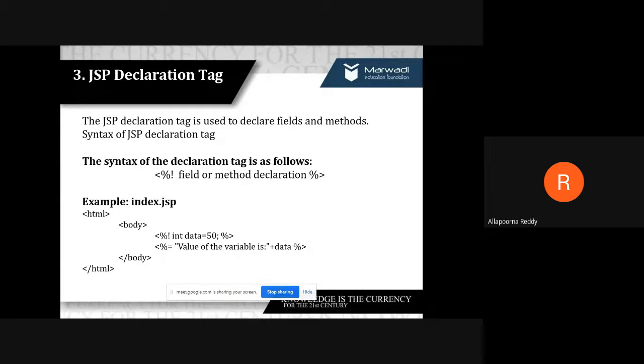Instead of the equals sign, that is replaced with an exclamation mark, and there we use whatever field or method declaration you want. And we went through an example also. We declared one data field, assigning a value of 50, and we displayed that as an output using your expression tag, and that also we have done in my previous session.